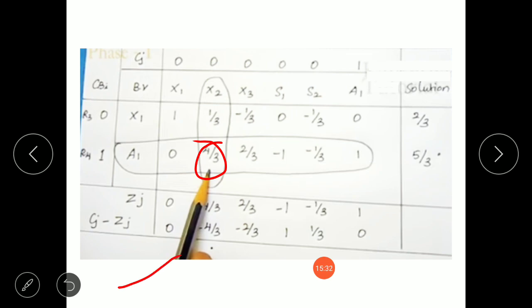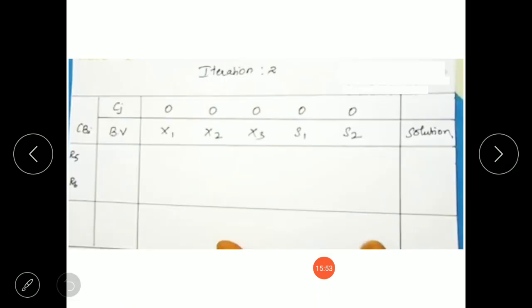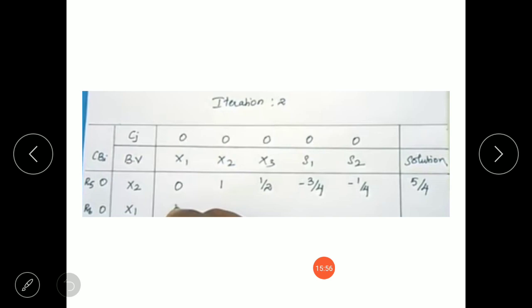Since x2 has come in place of a1, all the elements in the row of a1 are the old values for x2. So these are the old values: 0, 4 by 3, 2 by 3, minus 1, minus 1 by 3, and the solution is 5 by 3. We will divide all these old values by the key element, that is 4 by 3, and we will get the new values for the x2 row in iteration table 2.